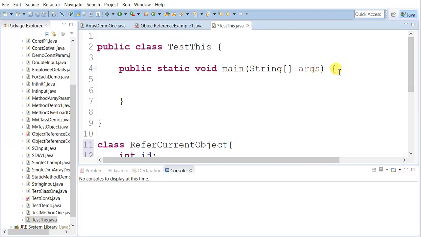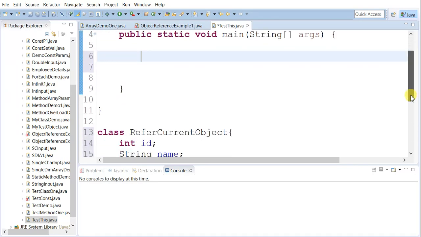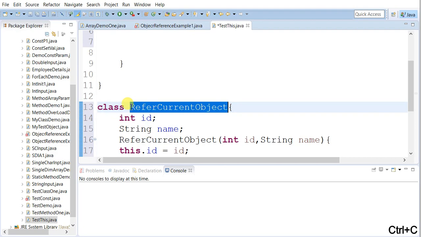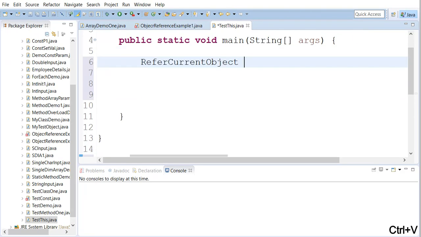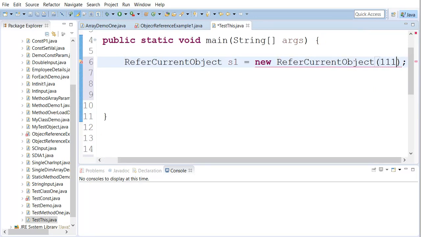So test this we have created already, and here I'll create the object for the class refer current object, because the constructor is mentioned for refer current object. So I need to instantiate the class: s1 equal to new refer current object. It is a parameterized constructor, so I am giving some values.